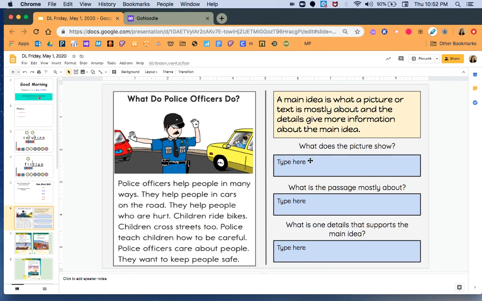I know from things I've seen before, the police officer is directing traffic. So what is the picture showing? Remember, I have to answer my question in a complete sentence. So the police officer